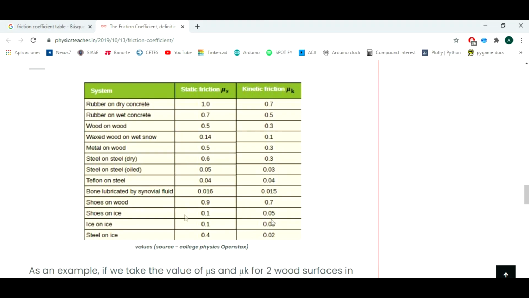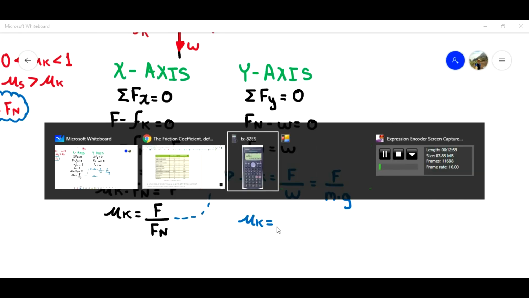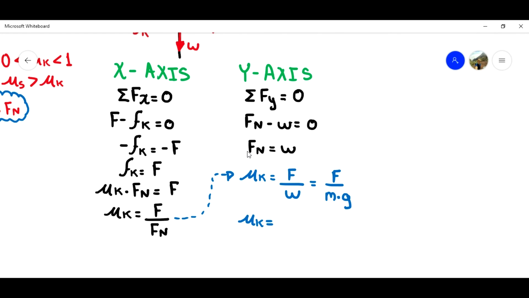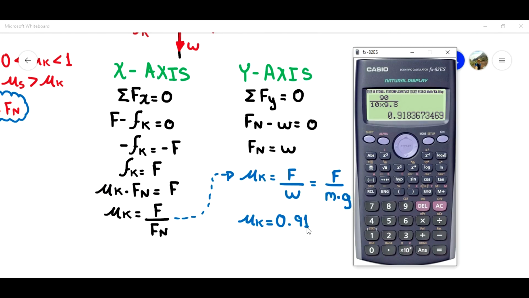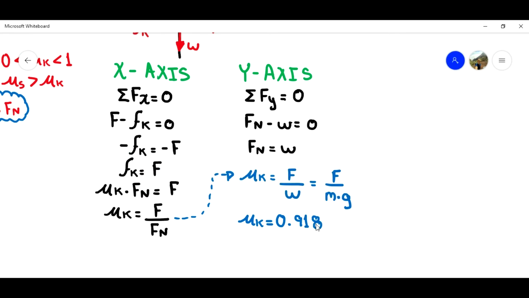So for example, here we've got bone lubricated by synovial fluid. Okay, there is almost nothing, there is no coefficient. So I'm going to write it. So in this case, it's going to be 0.9183. Remember that the coefficient does not have units,